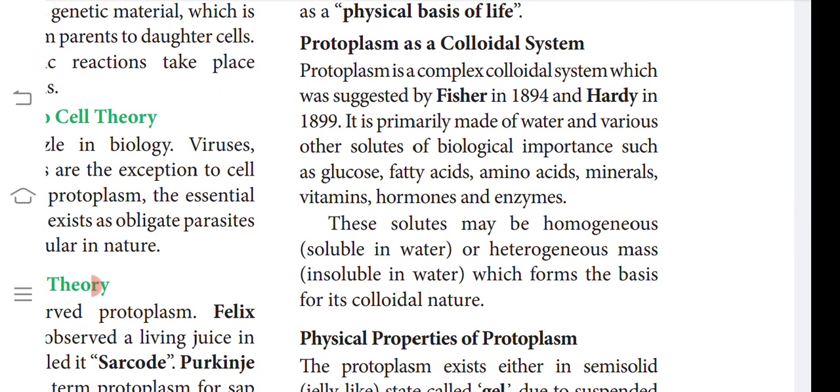Protoplasm as a colloidal system. Protoplasm is a complex colloidal system which was suggested by Fisher in 1894 and Hardy in 1899. It is primarily made of water and various other solutes. What are solutes? Which are able to dissolve in water. They are called the solutes of biological importance, like glucose, fatty acid, amino acid, minerals, vitamins, hormones, enzymes,